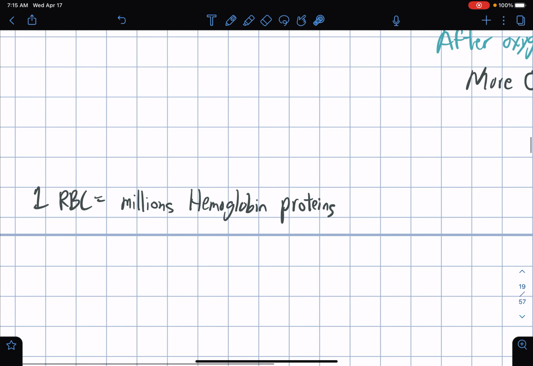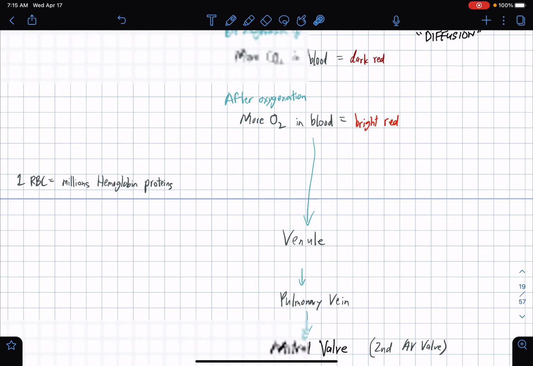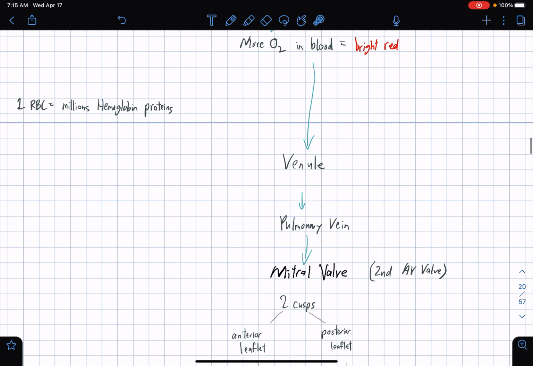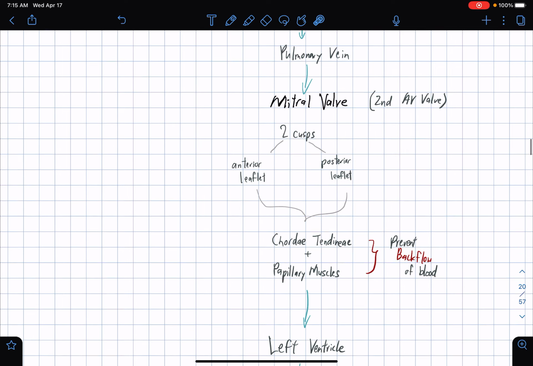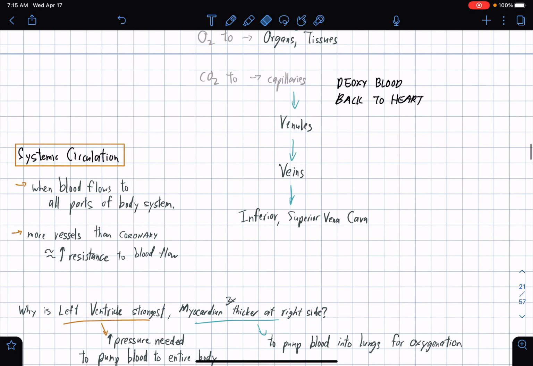So, just to let you know, one red blood cell is equivalent to millions of hemoglobin proteins. Hemoglobin is the one responsible for making your blood color red. So yeah,